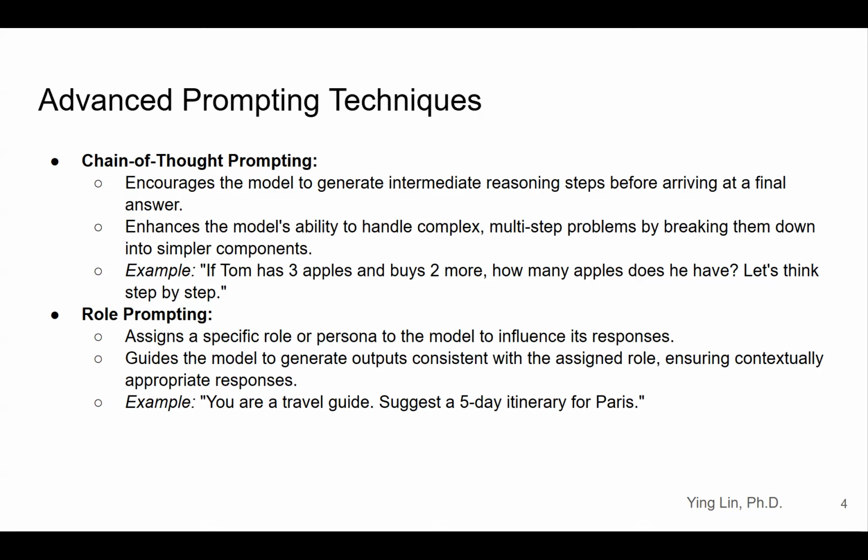Role prompting is about assigning a persona to AI. It assigns a specific role or persona to the AI model and helps shape responses to be more relevant, consistent, and contextual. For example, you can get travel planning by using a prompt like, you are a travel guide, suggest a 5-day